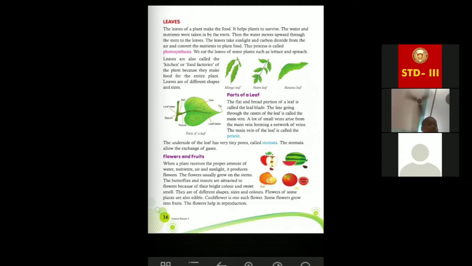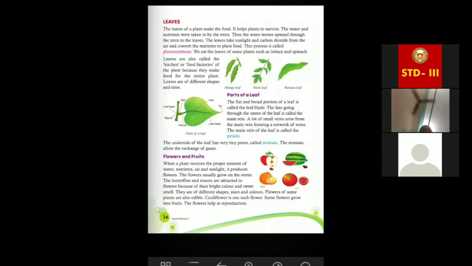And when the water and nutrients reach the leaves, they take in the carbon dioxide from the environment, and they also take in the sunlight. So they now have the sunlight, the carbon dioxide, and the water and nutrients from the soil. And these are all the components by which they will make their food. So they use all these things and make their food. This process by which green plants make their own food in their leaves is called photosynthesis.